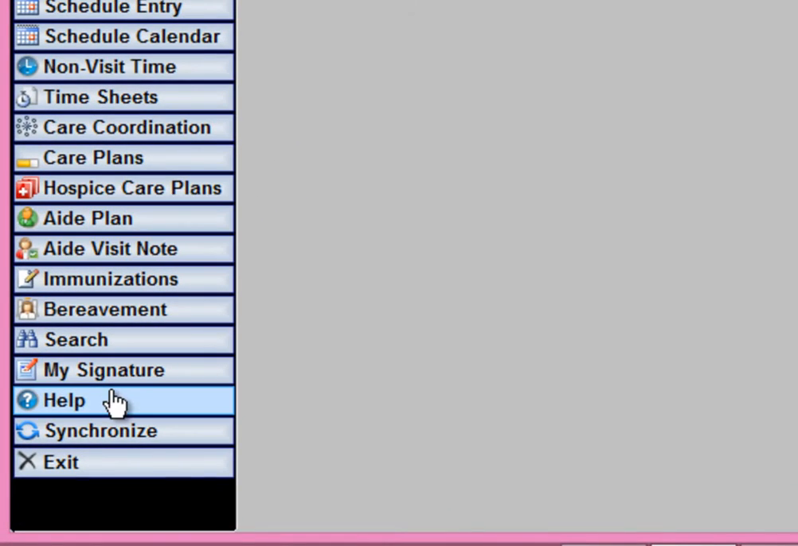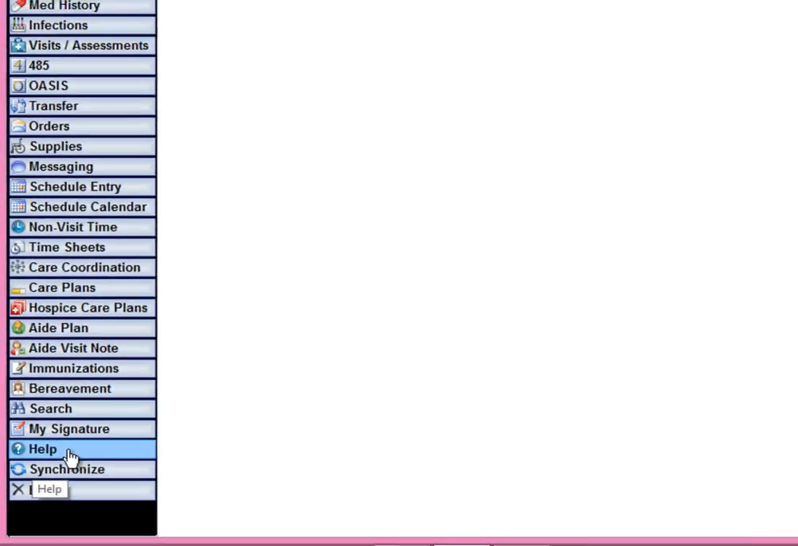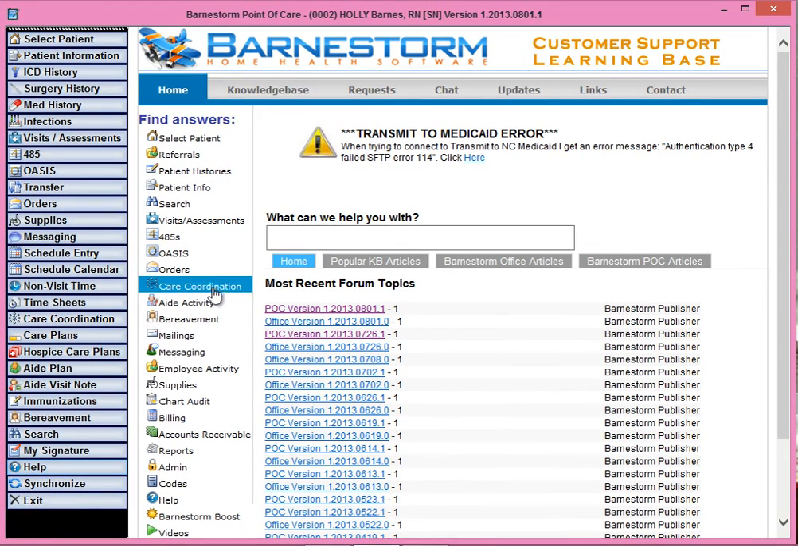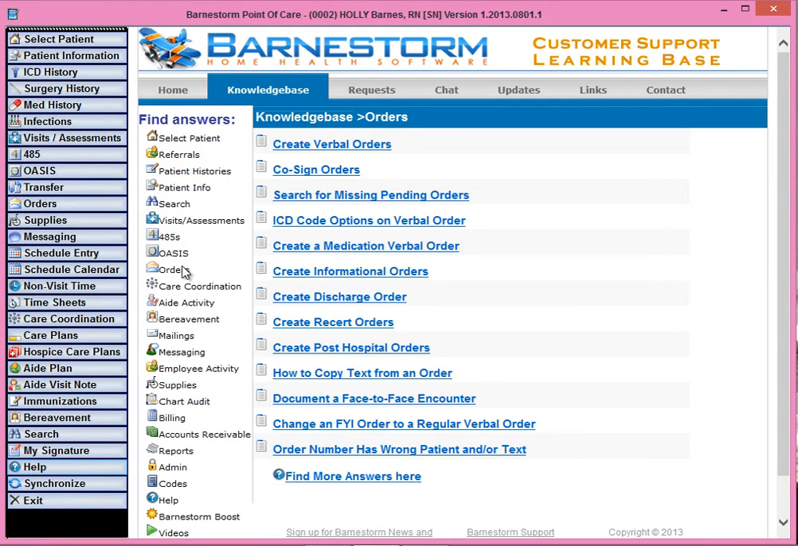For additional instructions on how to create an order, click on the Help button located at the bottom of the screen on the main menu, and then click on Orders on the Help page. This will give you a list of articles with how-to instructions on creating orders. Click an article you want to see instructions for,